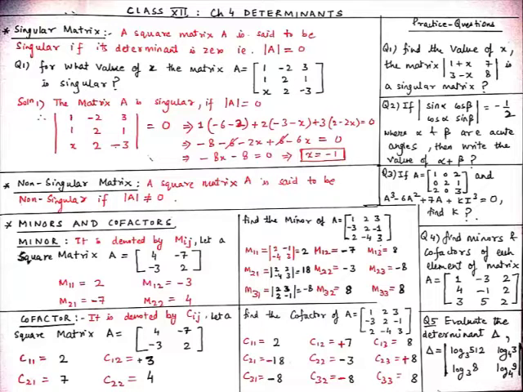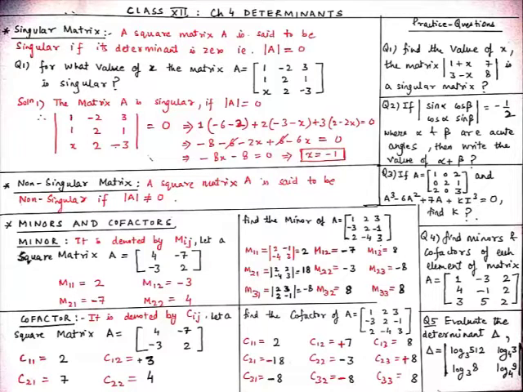First we will find the minor along A11, which is denoted by M11. To find M11, see the A11 element, which is 4. Now hide row R1 and column C1, so the element which is available now is 2. So write M11 equal to 2. Similarly, for M12, take the A12 element, which is -7, and now hide row R1 and column C2. The remaining element left is -3. So M12 is equal to -3.